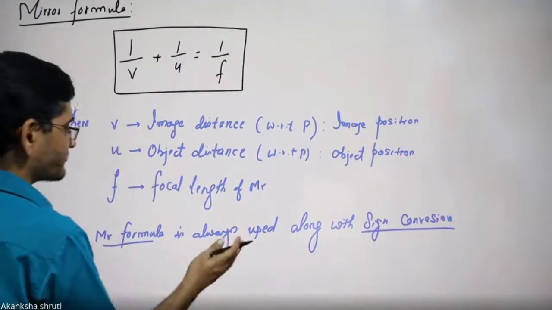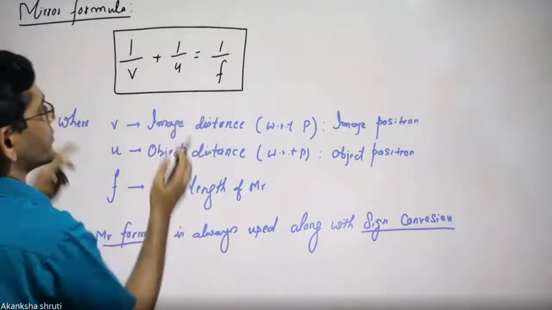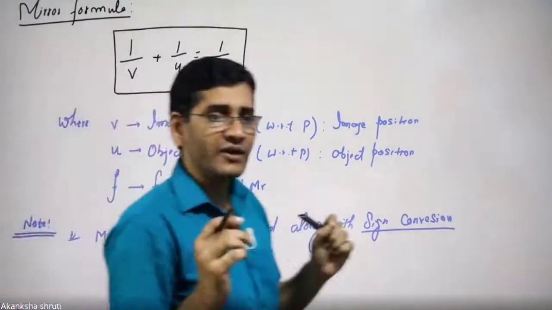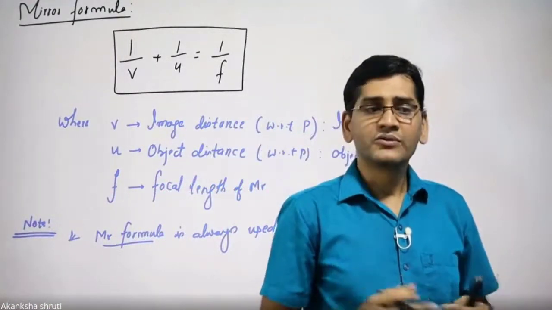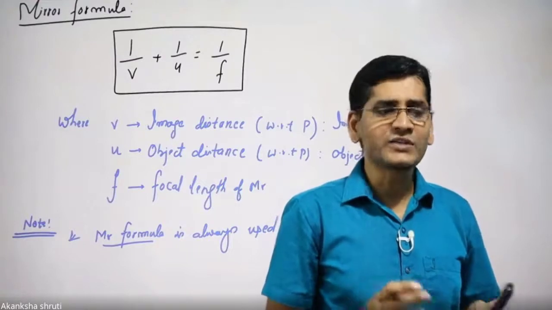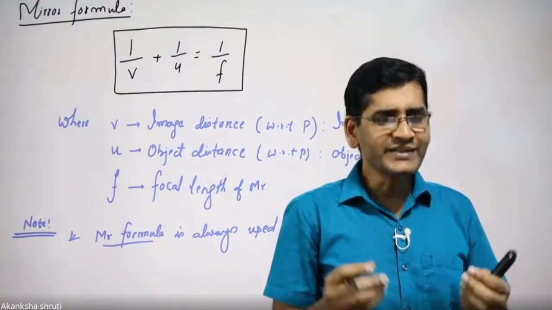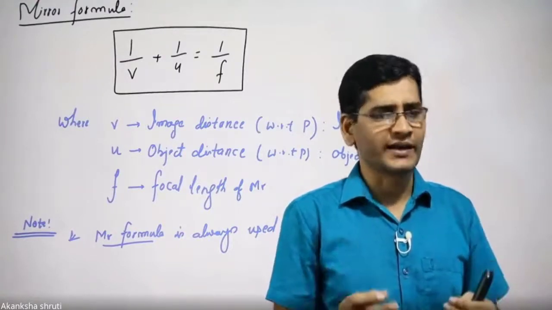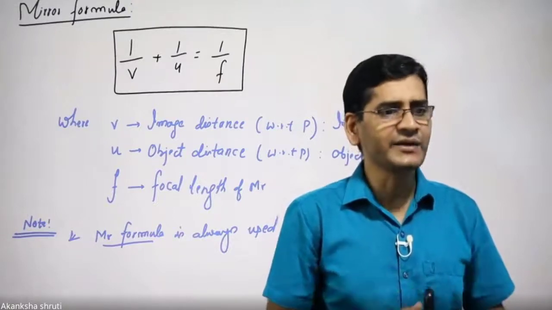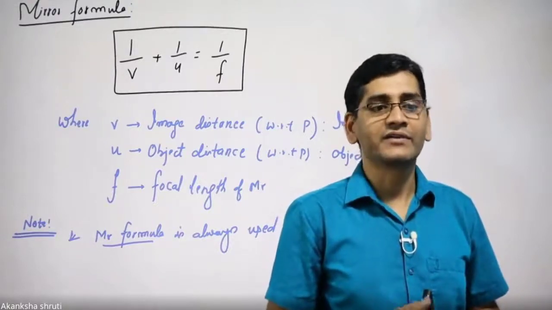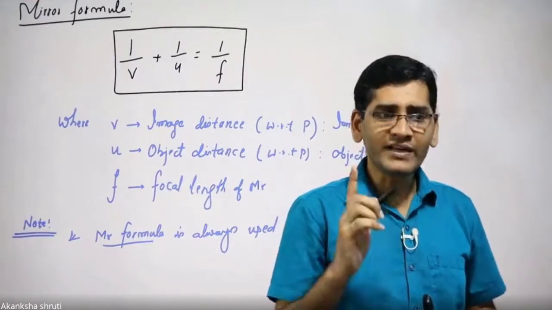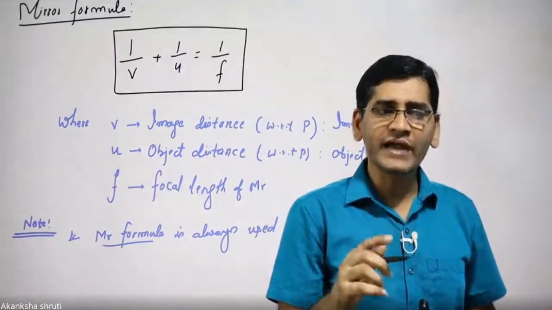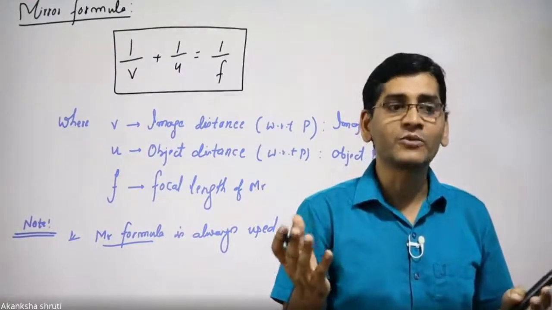Students, after using the known quantities, do not worry about the sign of the unknown quantity. Say if the focal length is asked, then do not take the focal length as positive or negative. You take a default sign as positive only. But if it comes negative, then it will indicate that the mirror is a concave mirror. Okay? So whatever is unknown, its sign always has to be taken positive or default sign.